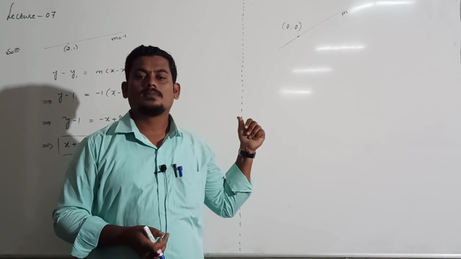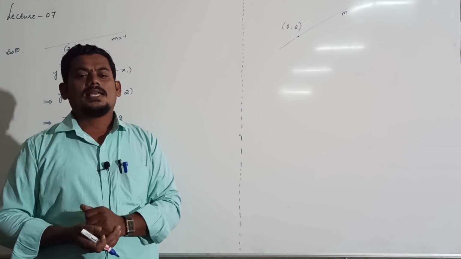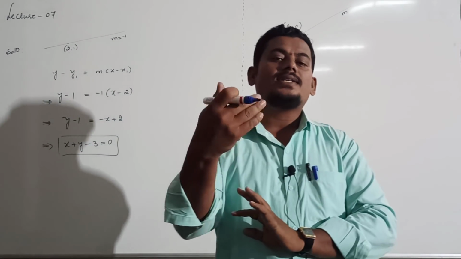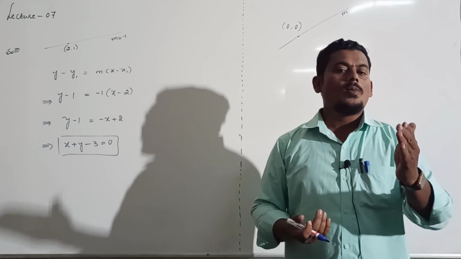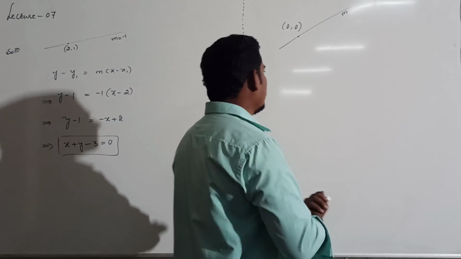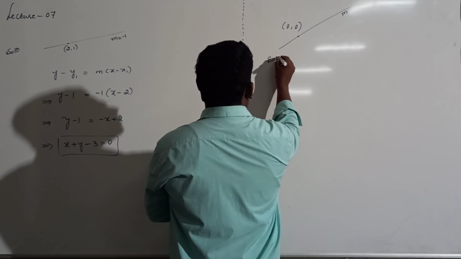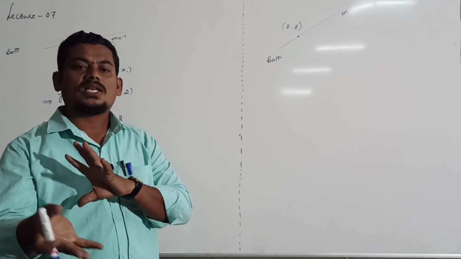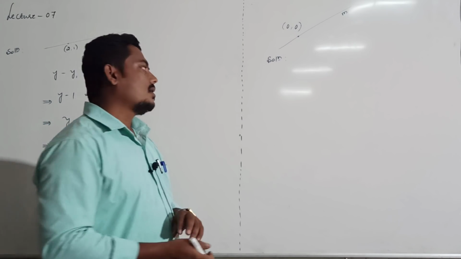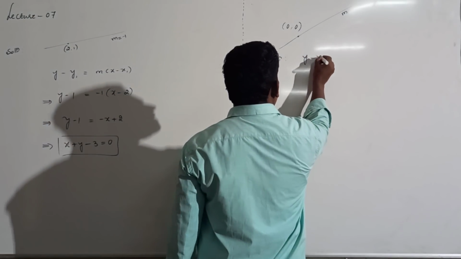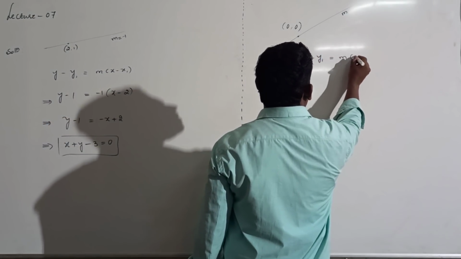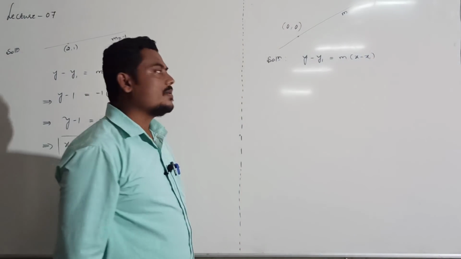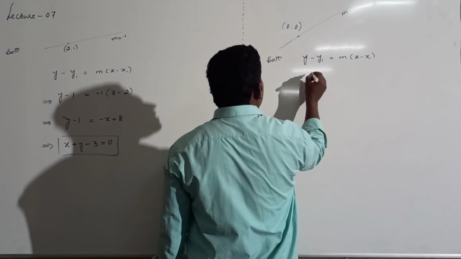Can you solve this problem? Yes, because it is exactly the same as the previous one. Passing through one point and slope they have given, right? Slope and point, so use the slope point formula. What is the formula? One point and its slope is given means slope point formula. First one: y minus y1 is equal to m into x minus x1, and in this case m is m itself, and this point is x1, y1, right?